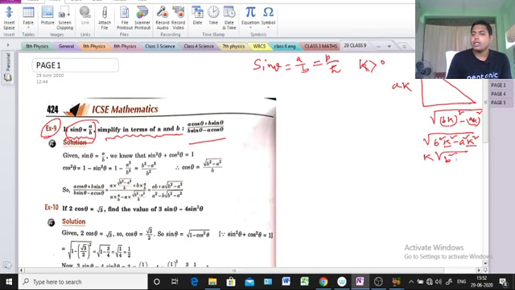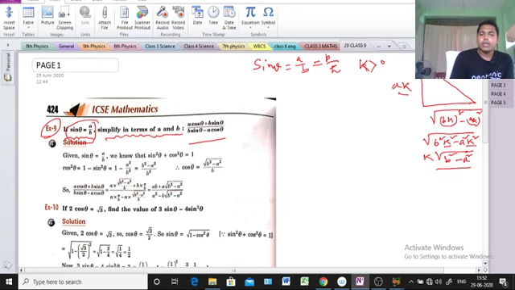B square only, and from the second term a square only. That means k into root over b square minus a square. Clear? Understood? So that is the value of base. This is the value of base, and perpendicular here is AK and hypotenuse is BK. Now we find out the value.